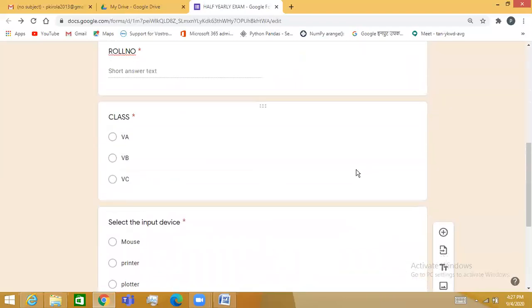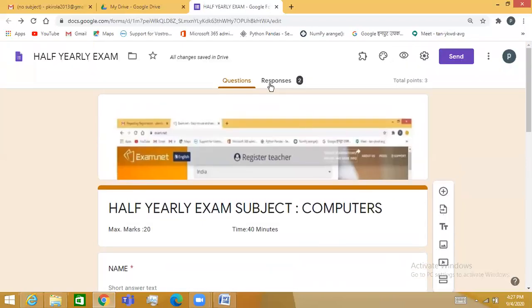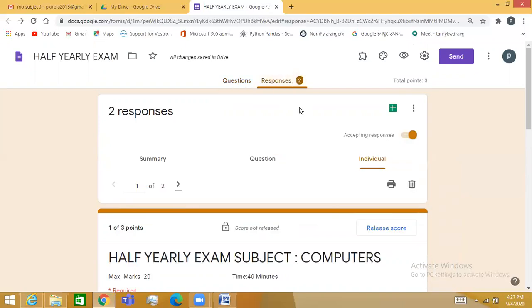Now we are going to analyze the responses that are collected from the students. Click on the responses tab. You can see we have 2 responses here. We have 3 different things: summary, question and individual.